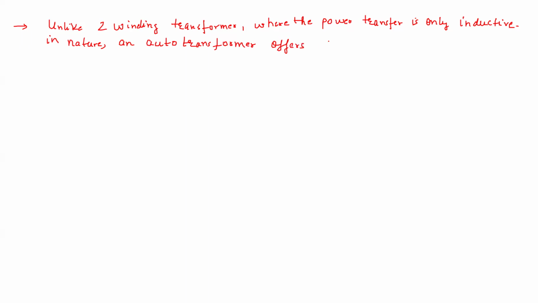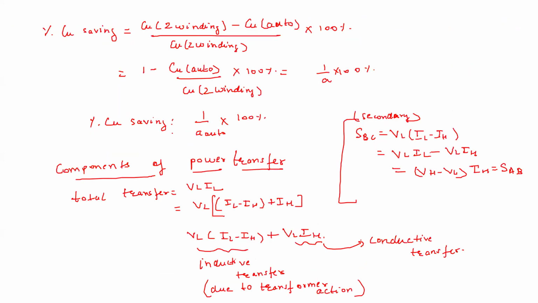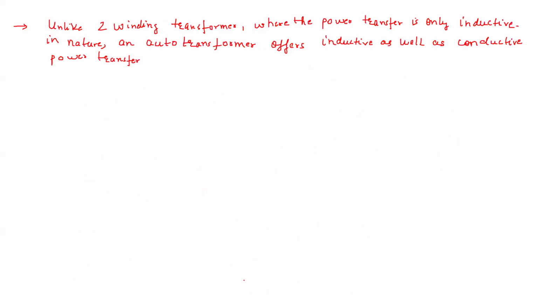An auto transformer offers inductive as well as conductive power transfer. We have seen this, right? When we were writing the power transfer expression here. So this is the power transfer equation. We have seen that in the total transfer, there was some power which was inductive in nature, and there was some power which was conductive in nature. Whereas in the two winding transformer, you will see that the whole power is inductive in nature. So that is what I'm trying to write here. These may be theory questions. That is why I'm writing. So because of this additional conductive transfer,